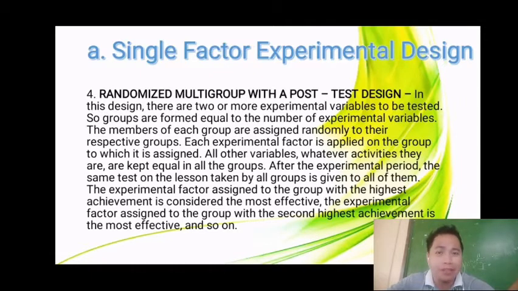After the experimental period, the same test on the lesson taken by all groups is given to all of them. The experimental factor assigned to the group with the highest achievement is considered the most effective. The experimental factor assigned to the group with the second highest achievement is the second most effective, and so on. So, randomized multigroup with a post-test. For example,